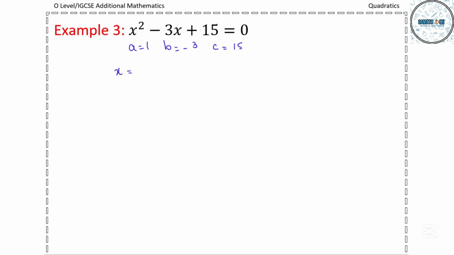So x is equal to minus into minus 3 plus minus under root b squared, minus 3 squared, minus 4 into a into c, which is 15, divided by 2 into 1. When we simplify it further, minus minus will become 3, plus minus under root